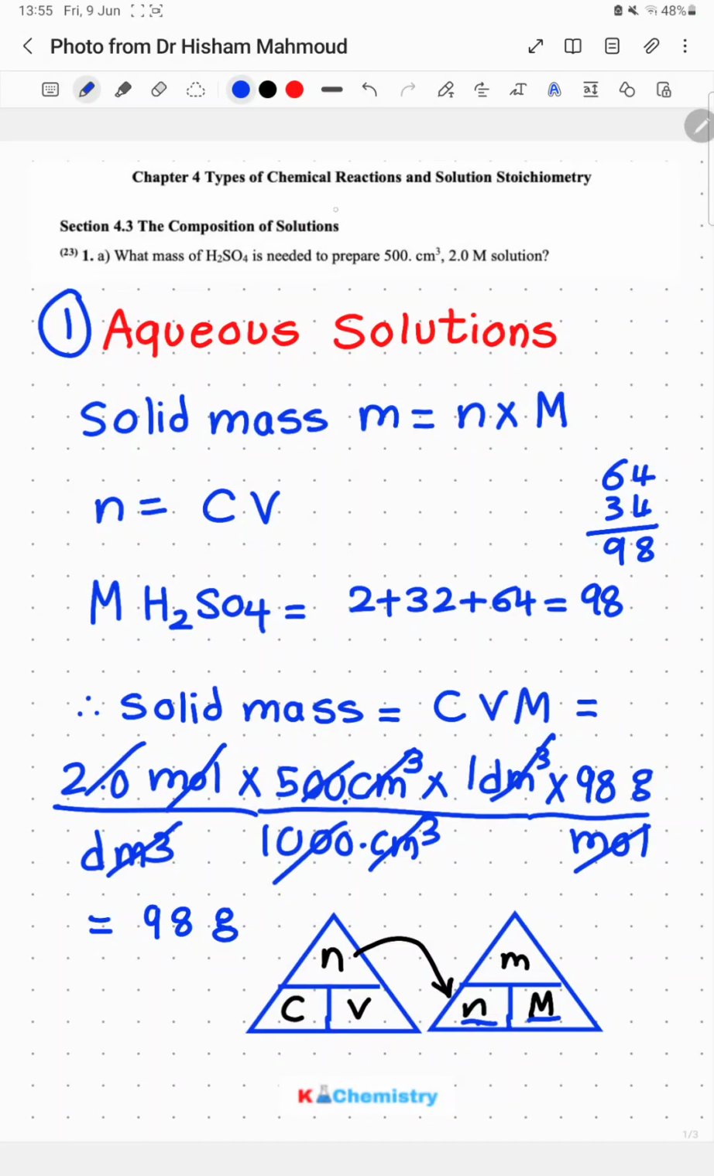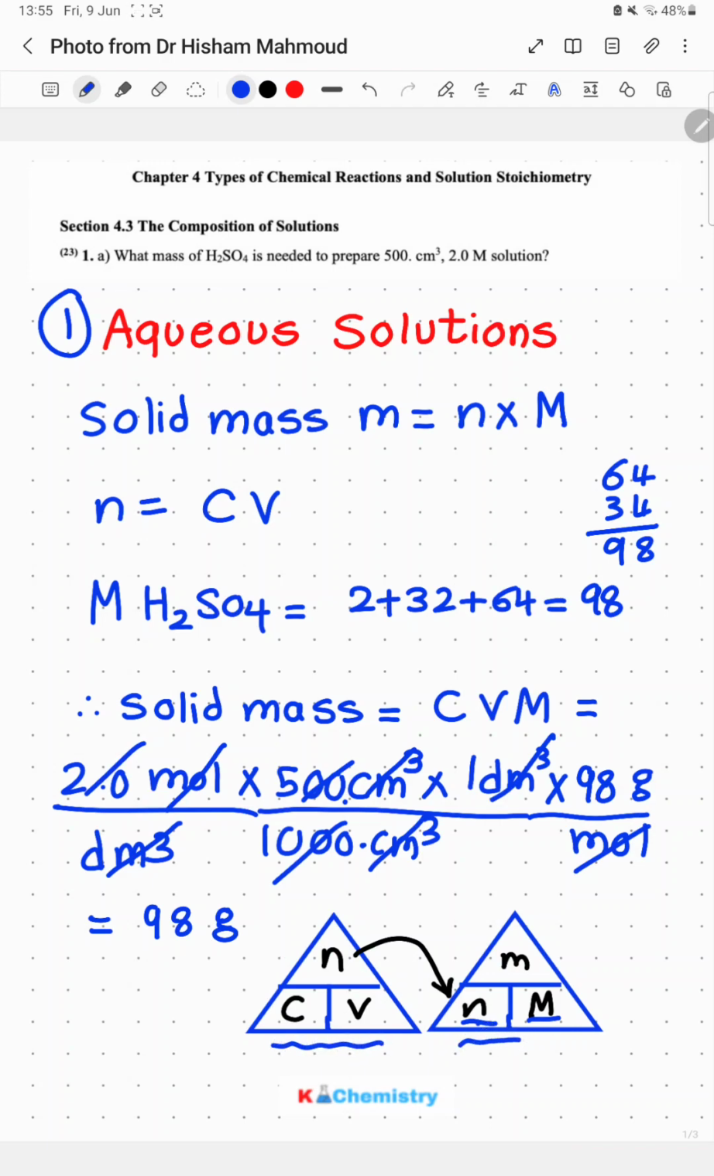Question number 1 in chapter 4 is asking what mass of sulfuric acid is needed to prepare 500 centimeter cube of 2 molar solution. Such questions depend on moving between the number of moles in two equations. Concentration is equal to number of moles over V, and the number of moles is equal to mass over molar mass. So if you can get the number of moles from this triangle, you can use it in this triangle